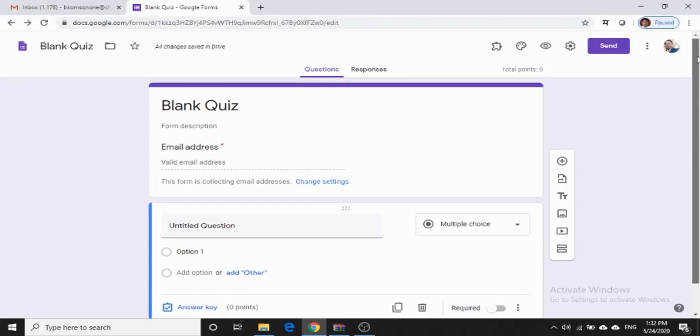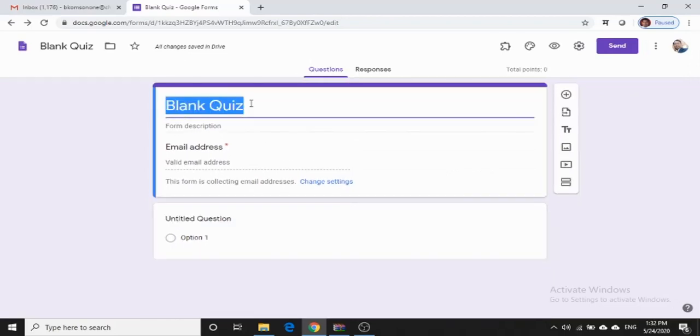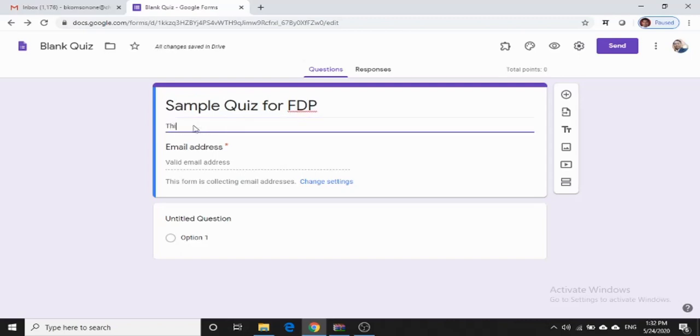Then this is the blank quiz. I can give the name, sample quiz for FDP. Now here it is the description. This is the quiz for FDP